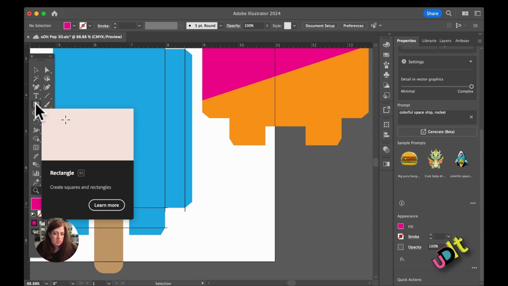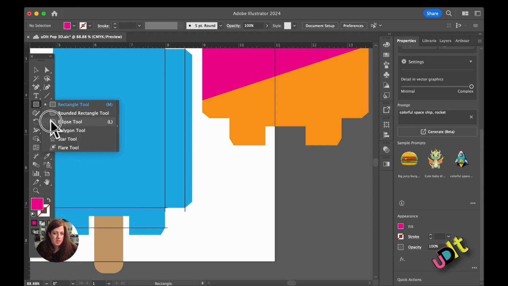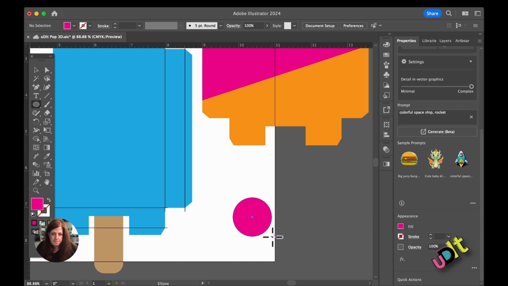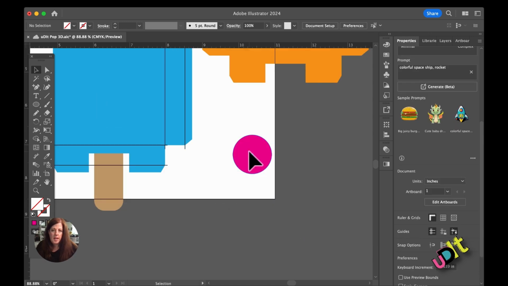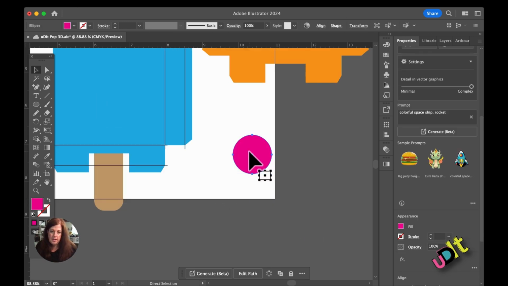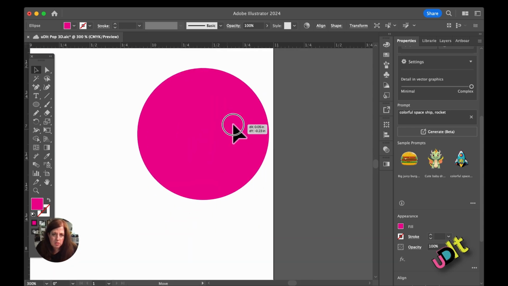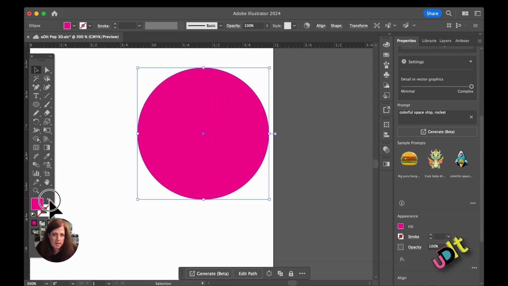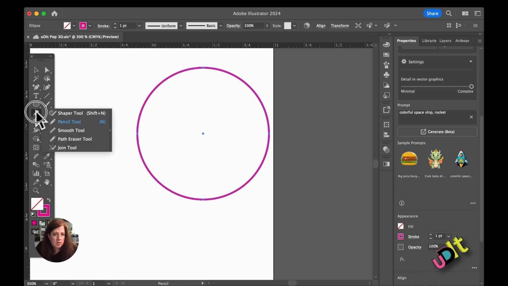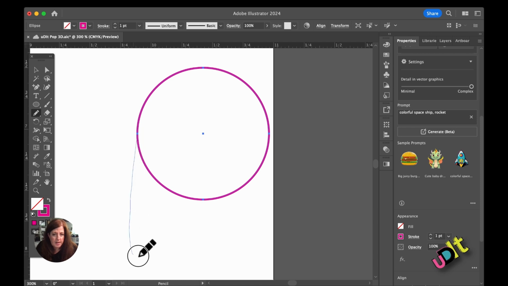make a little circle. Let's get a circle and figure out how I'm going to do this. Okay, I'm just going to make a little circle. And then, okay, so now that we have our circle, we're going to come over here and we're going to make sure, let's change this to outline. All right, then we're going to come over under the shaper tool and go to the pencil, which is right below where the shapes are. I'm going to grab that. Now what I'm going to do is put that on the line of the circle, and I'm going to click and I'm going to drag, and I'm just going to kind of